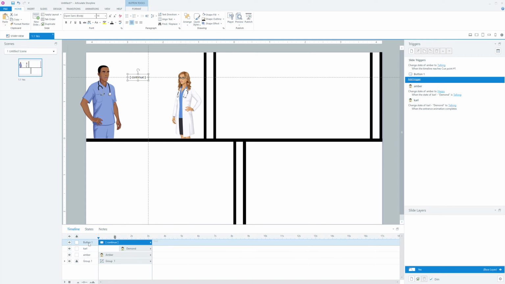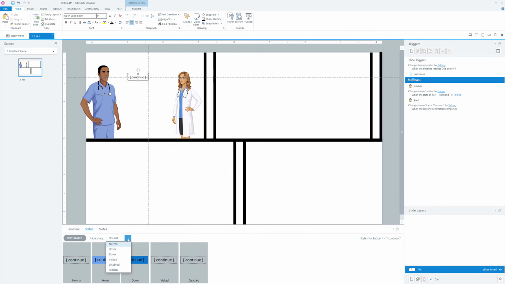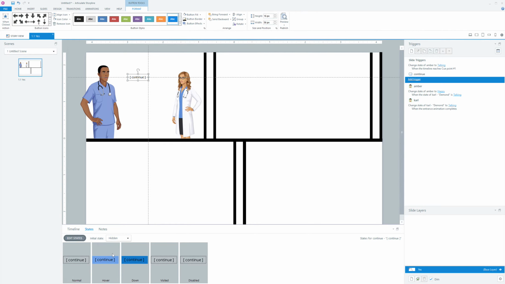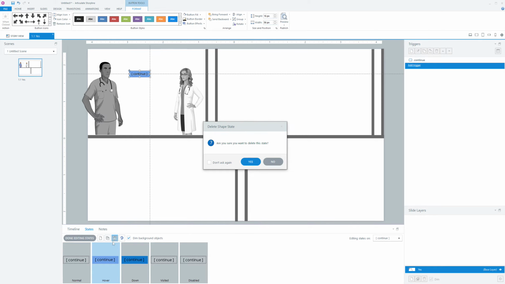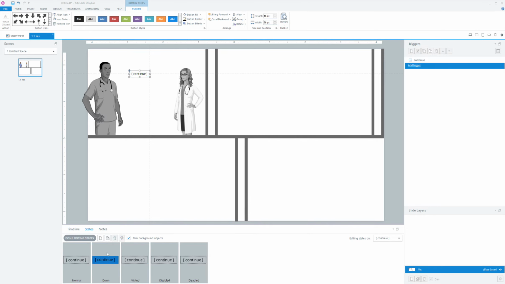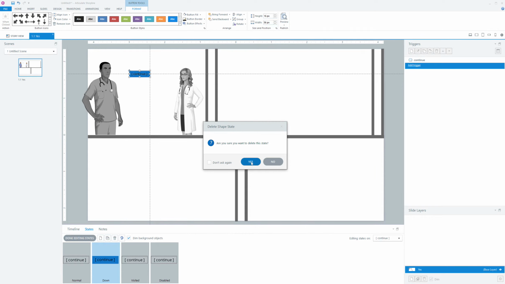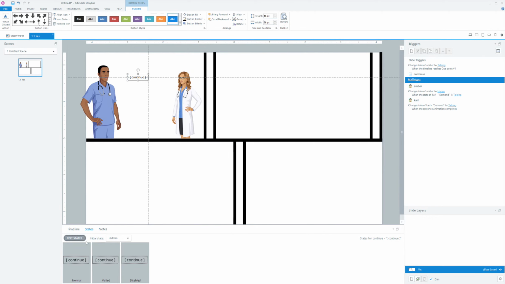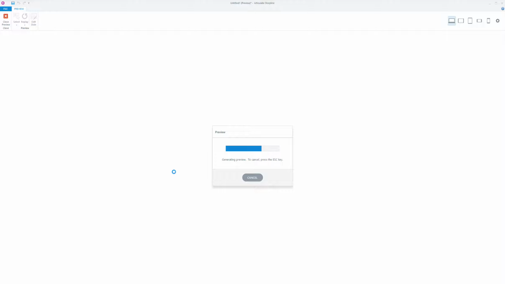So what I can do is come over here, have my continue button. I could move it around on my timeline, but conveniently and nicely what I can do is just simply set my state originally to hidden, right? And also I want to get rid of, so edit states, I don't want these hovers there. I want a down state. So I'm done editing, but now that this initial state is hidden, I can go ahead and, even though that